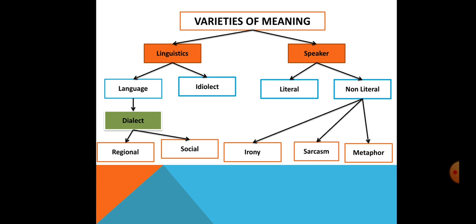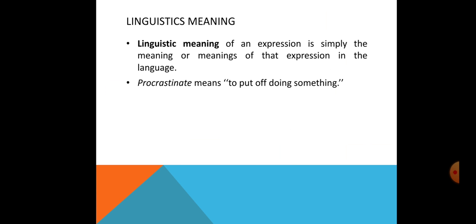Meanwhile, dialect is a group dialect. Jadi a dialect that is used by a group of people, and it consists of regional, based on regional or place dialect. For example, you have Ngapak dialect in Banyumas, but you have Arean dialect in Jawa Timur, for example. And based on social, there is a dialect used by a lower class society or by a higher class society. Meanwhile, for literal and non-literal meaning, you have irony, sarcasm, and metaphor. And what are they? We are going to talk about that here.